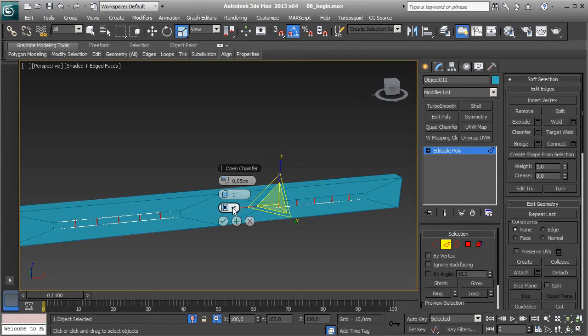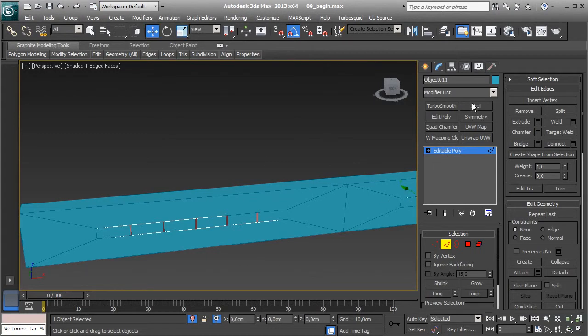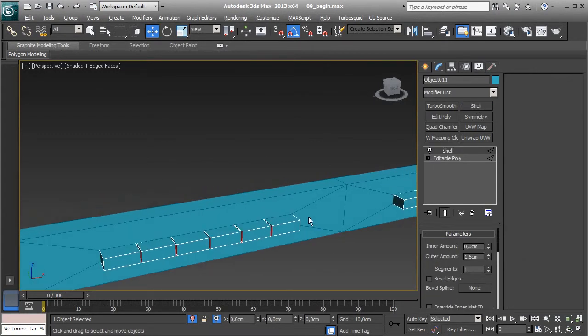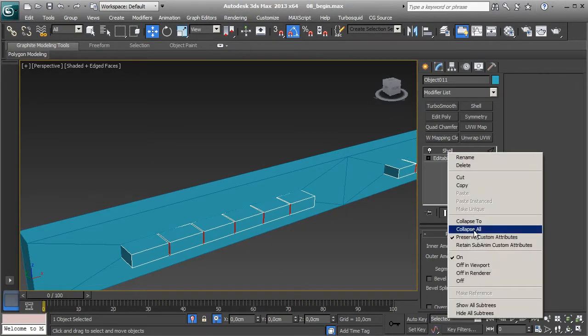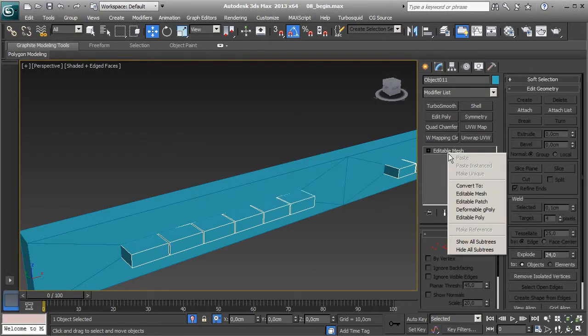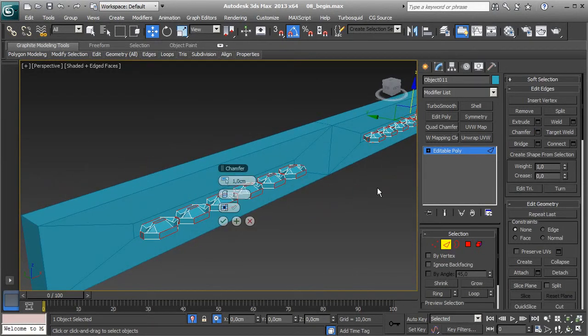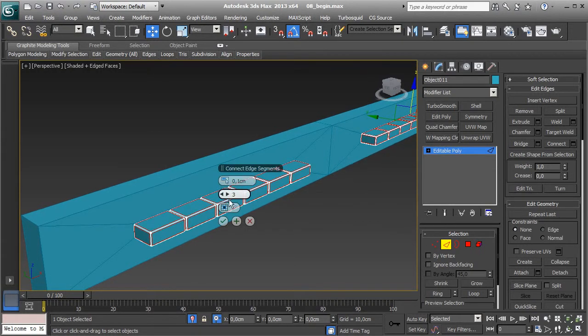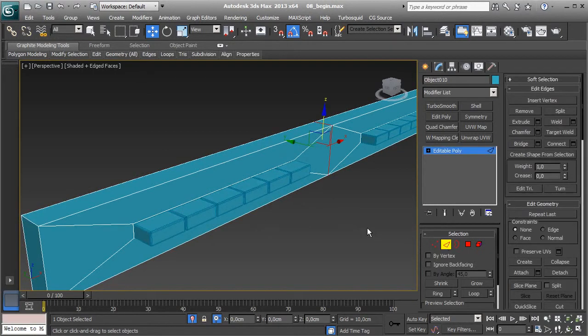and hit open chamfer, hit OK, and now apply shell modifier with outer amount 1.75 and collapse that and convert to editable poly. Now select all edges, Control A, chamfer 0.1, 3 segments. Okay, now select this part and